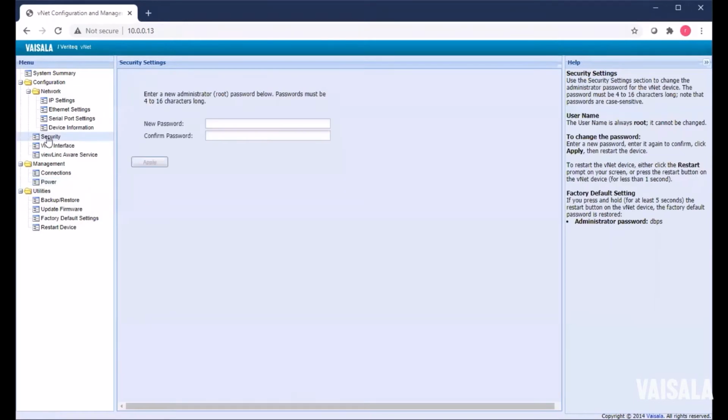The next section to look at is the security section. This is if you want to change the password for the device. This is if you want unique passwords for every VNet device for security purposes. Now, the information about the login password and username combination is generally public information. You can get the information off a manual. So it's recommended that you change the password.